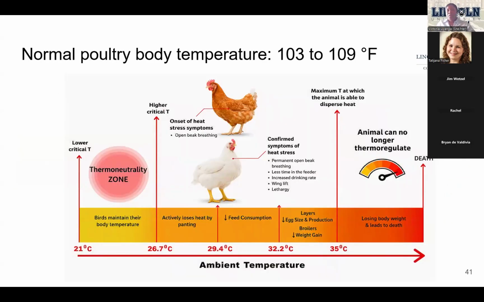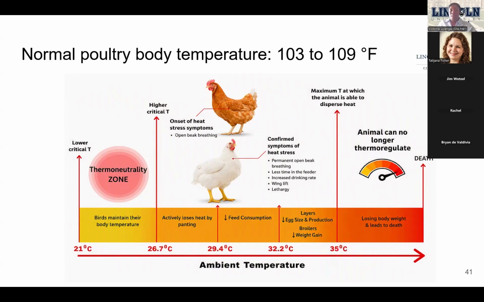Body temperature regulation. I mentioned earlier that the feather serves as an insulation. Birds don't have sweat glands, and as such, they respond to an increase in temperature in a very drastic way. So we have the thermoneutral zone, where they're able to maintain their body temperature and carry out normal physiological processes. This might be between 21, or in some breeds as low as 17, degrees Celsius up to 24 degrees Celsius. But as the ambient temperature increases past this point, the bird starts showing signs of discomfort,